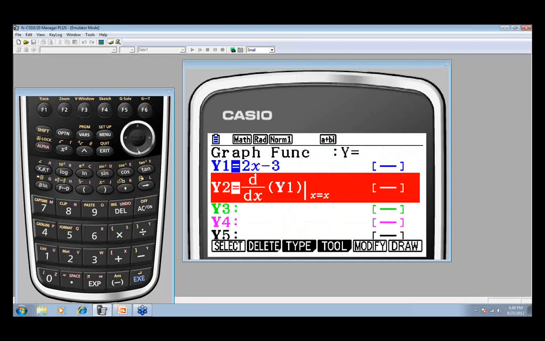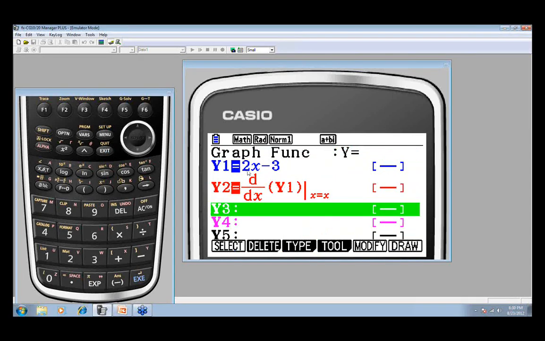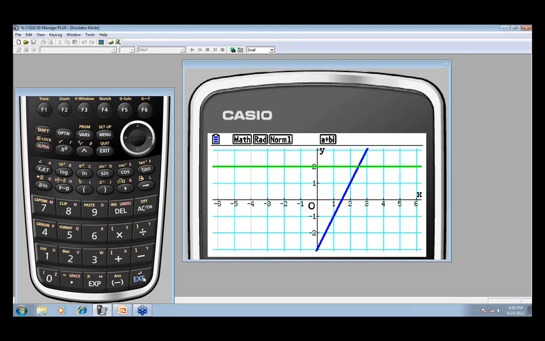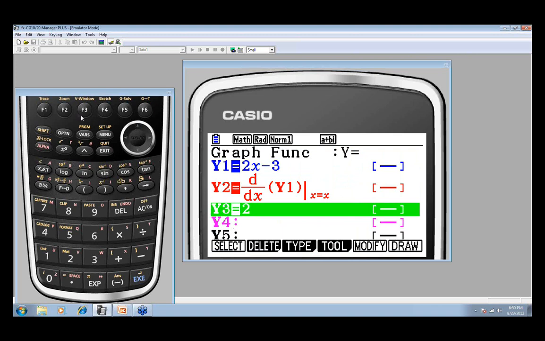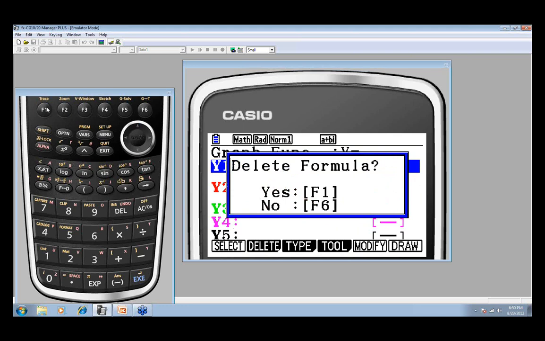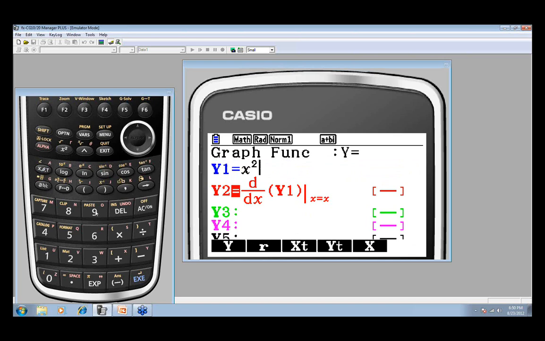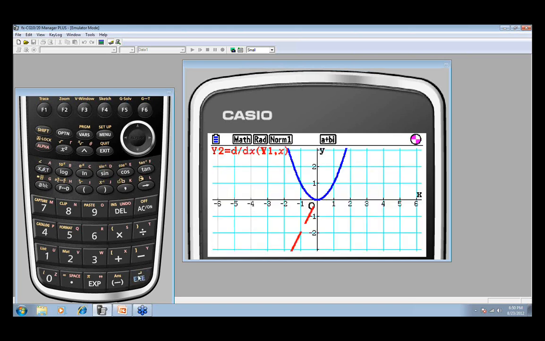Well, let's come back and look at this. So we now know that if y1 is 2x minus 3, its derivative happens to be 2. We think we can prove it by actually graphing y equals 2 and seeing, yes, y equals 2 is the derivative of this function. It's on top of that line. Well, we've investigated two linear situations, one that was the constant function, one that's a linear function. Let's now look at a function that's a little more complicated. Let's just use x squared. X squared is just a parabola, the vertex is at the origin.